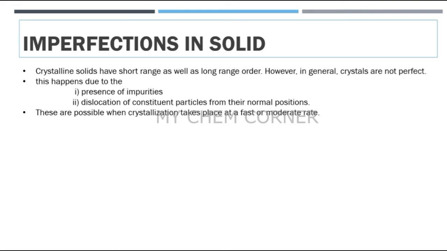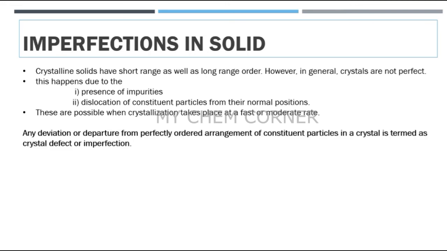So when it's done at a faster pace or at a moderate rate, what happens is you might find these imperfections in crystals. So what is the definition of an imperfection in a crystal, or a crystal defect? Any deviation or departure from a perfectly ordered arrangement of a constituent particle in a crystal is called a crystal